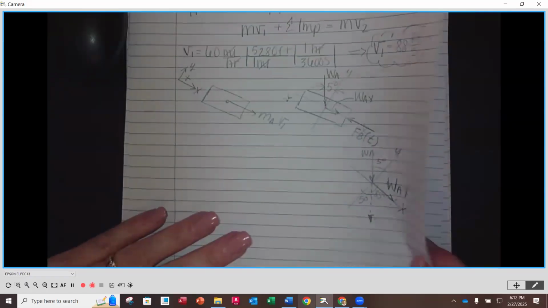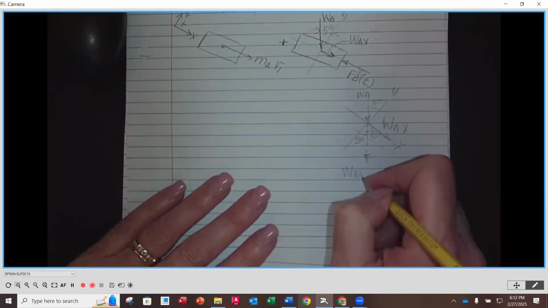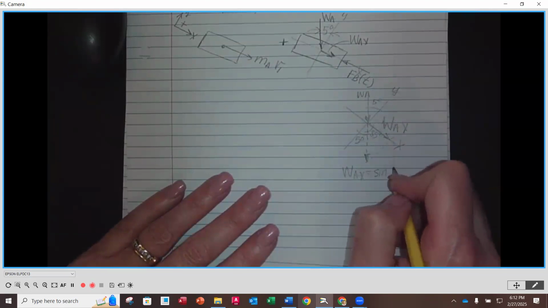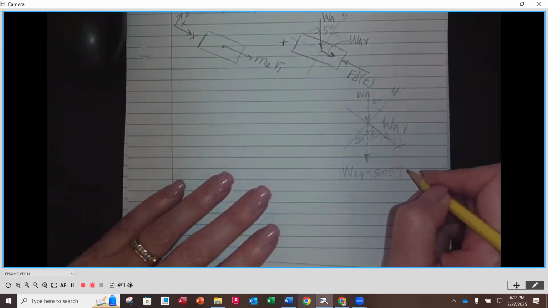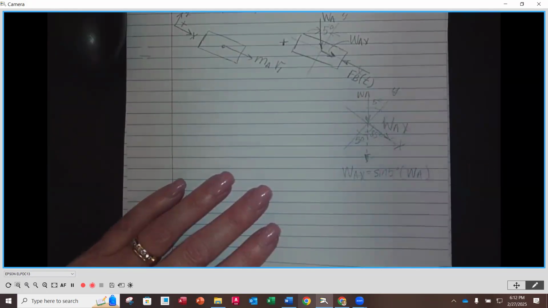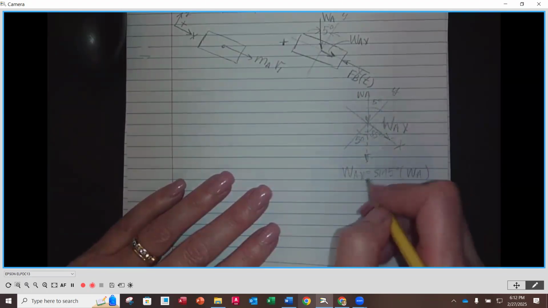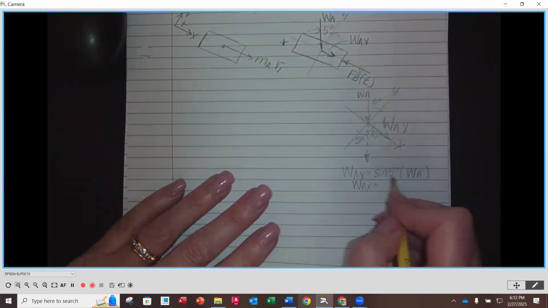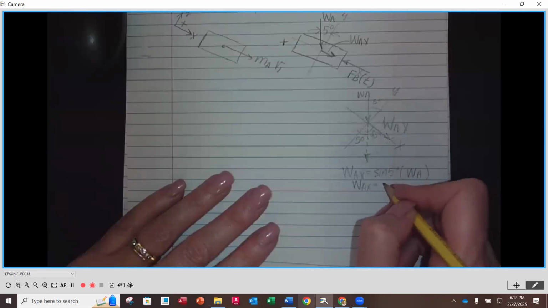Okay, so we go down here, we can say WAX is equal to the sine of 5 degrees, because that was the value given to us in the problem, times the weight coming down, right? Aren't you glad you guys learned about components? It's a big part of your engineering career. And if we multiply the weight, which is 4,000, times the sine of 5 degrees, we should get